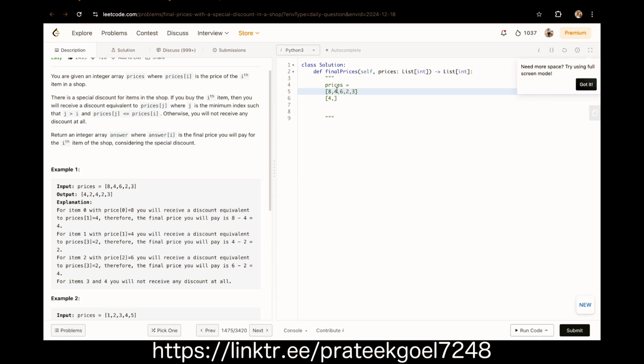For 4 we have a 2, which is at a greater index, and the value is lesser than or equal to the current ith item. So for 4 we have a 2. For 6 we can take the 2. For 2 we do not have an element which is smaller than that, so we do not have any discount. For 3 also we do not have any smaller element, so there is no discount there as well. And then the final answer will be